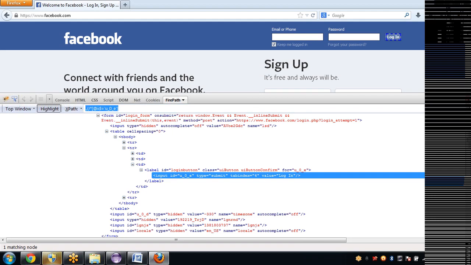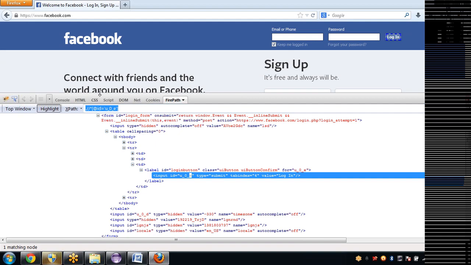Just think logically. The XPath here has been built with the help of ID. You found that ID is varying. When ID varies, XPath also varies, as the XPath got built on ID here. There is no rule that XPath should be built on ID, but the FirePath add-on is giving us an XPath with ID in this situation, which will not work for us. So that's the reason you should not depend all the time on a ready-made XPath. You have to come up with your own XPath.